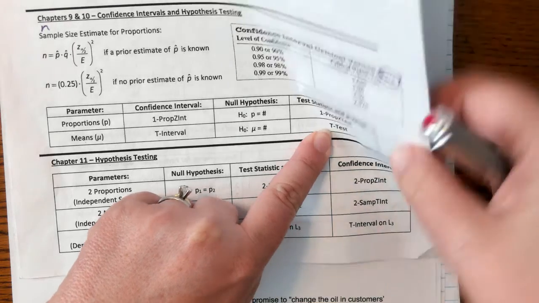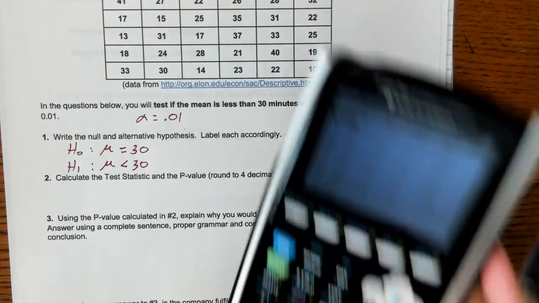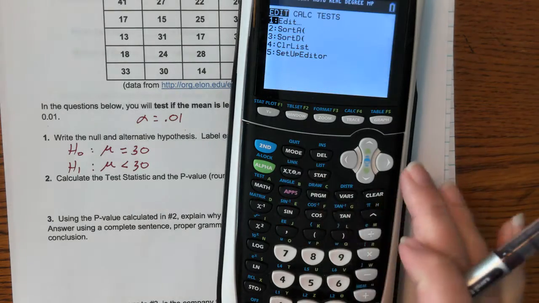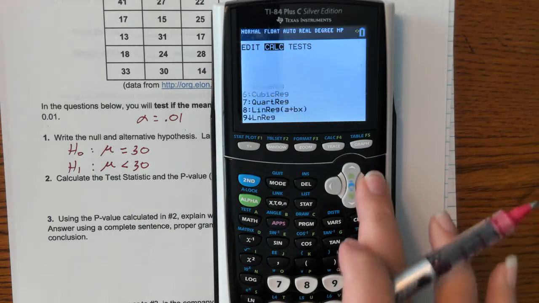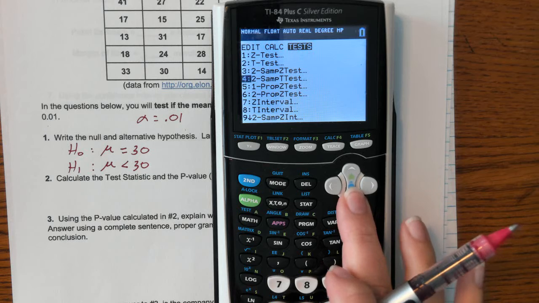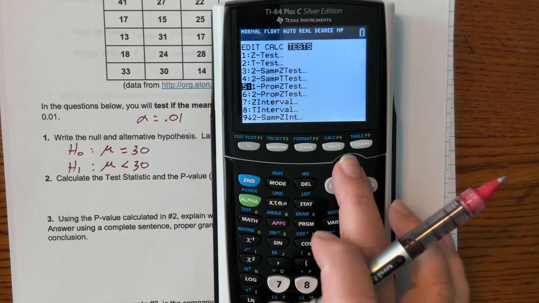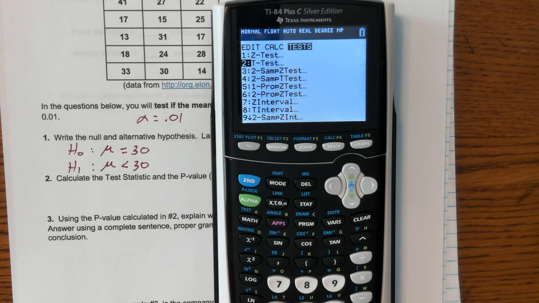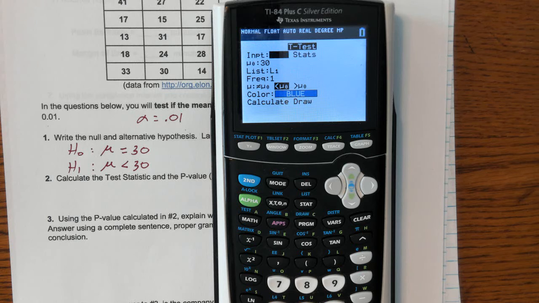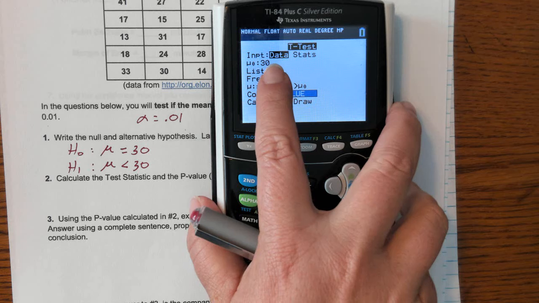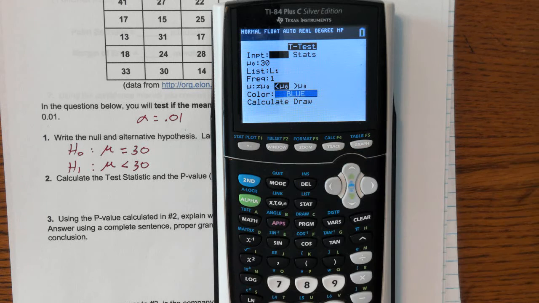in your calculator. So you have your data in your L1, and we're going to go to Stat. We're going to do a test, and we're going to pick T-test, option 2 here. We're doing a hypothesis test about means. Our data, we have the actual data. We don't just necessarily have the statistics yet, the mean and standard deviation, all that good stuff, but we have